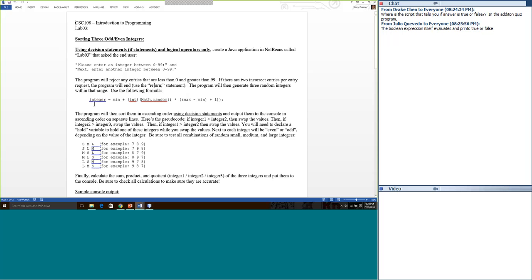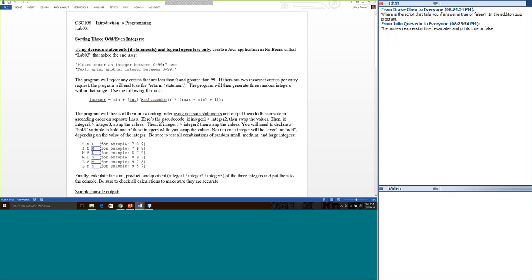I gave you the formula. This is actually pretty neat. You can generate a random integer if you go ahead and code whatever the min is. So in my case, it would be 20, plus we're going to cast to an integer. We're going to use the Math.random method with nothing inside, times open paren, max minus min, that's 40 minus 20, plus 1, close paren, semicolon. That whole thing will generate a random integer between 20 and 40.